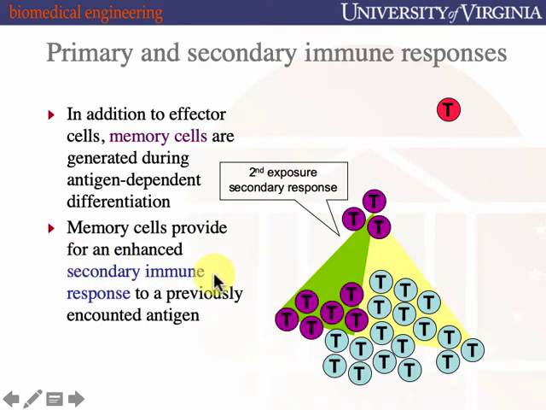So we get the pathogen again, and now we've got, in this particular case, a threefold excess of the original response, because we have more of those memory T cells that are primed and ready to respond to that particular antigen. So memory cells are going to provide persistence of a